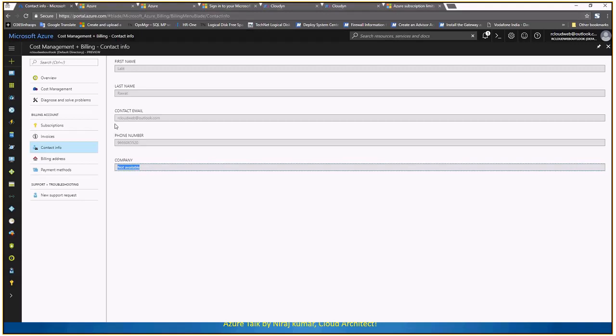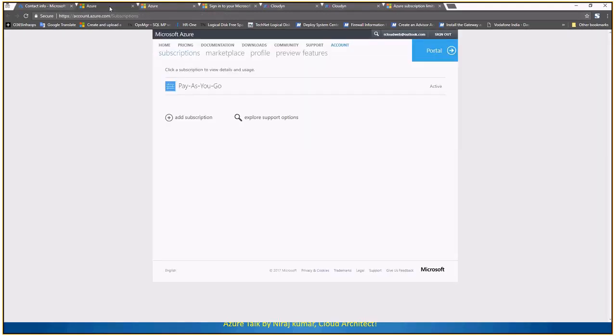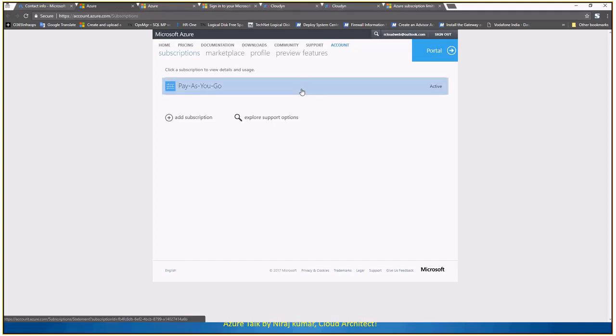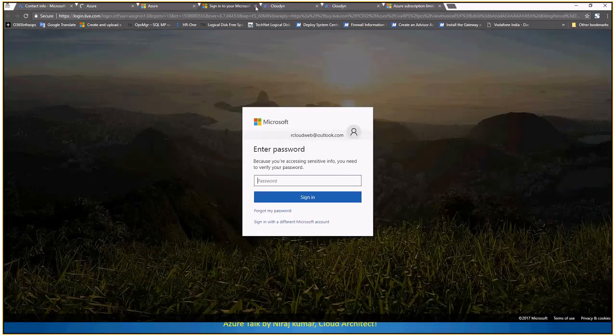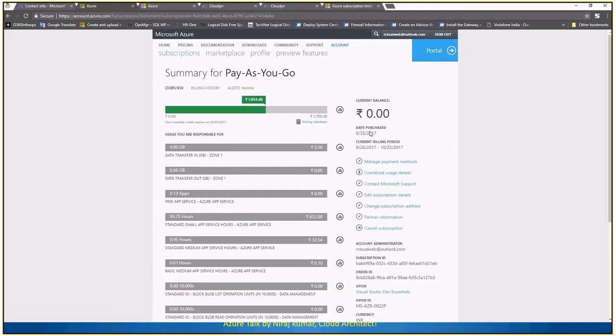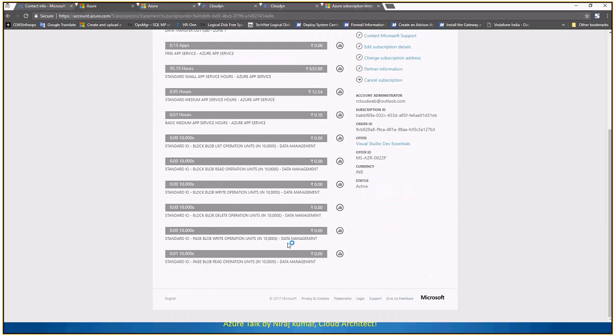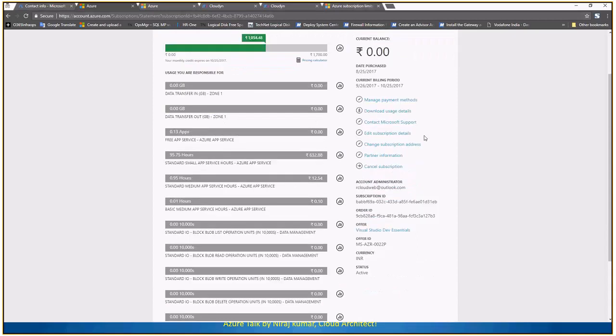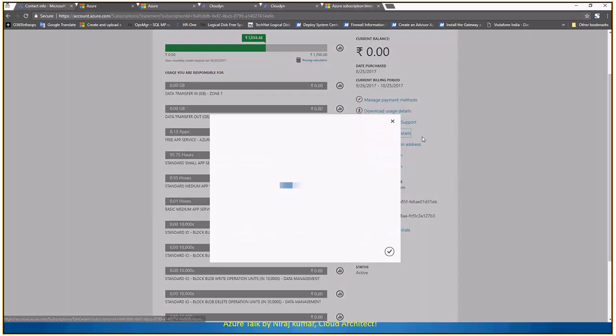So for that, Microsoft especially gives you the account portal, where you just go ahead and change your permissions, change your contact details. Here is the summary of your subscription, the complete summary of my subscription, and I can click on edit subscription